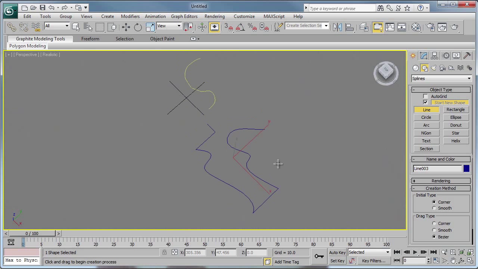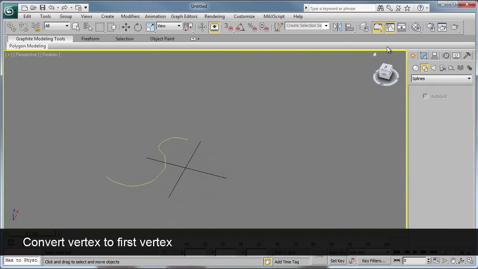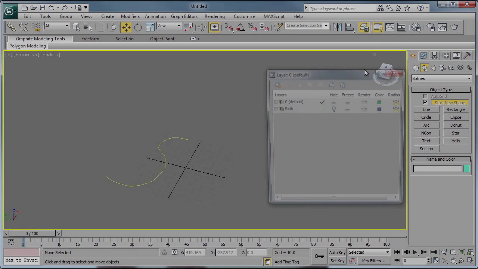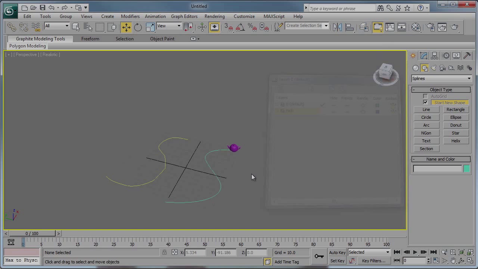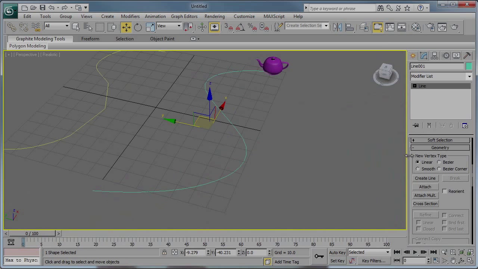Then we have another thing, let me delete that, which is your make first. So I have something in a layer right now. So I'm just going to go to my layers and open this. So I have a simple teapot which is animated on this spline. If I select the line over here, and if I go to modify, and if I go to its vertex, and if I select,